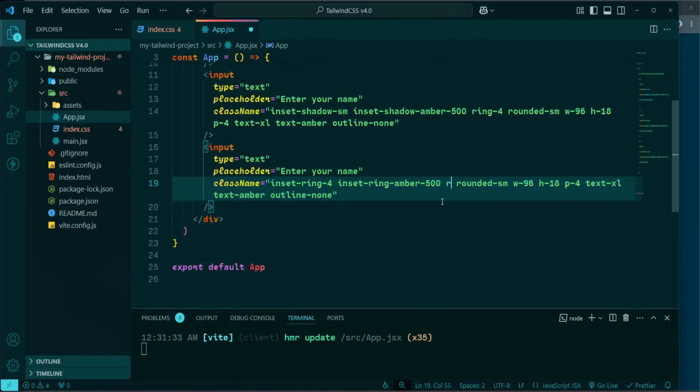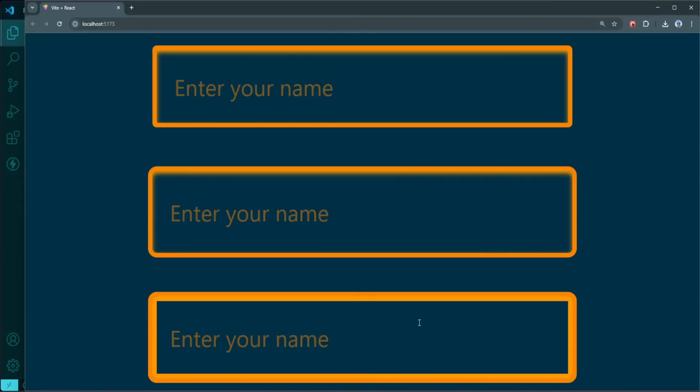If I add ring 4 to the third input, you will see clearly the outer and inner rings on the input field. So these new utilities in Tailwind CSS 4, inset-shadow and inset-ring, offer flexibility for adding depth and emphasis to your designs. Whether you're creating subtle shadows, glowing highlights, or inner effects, these features make it easier than ever